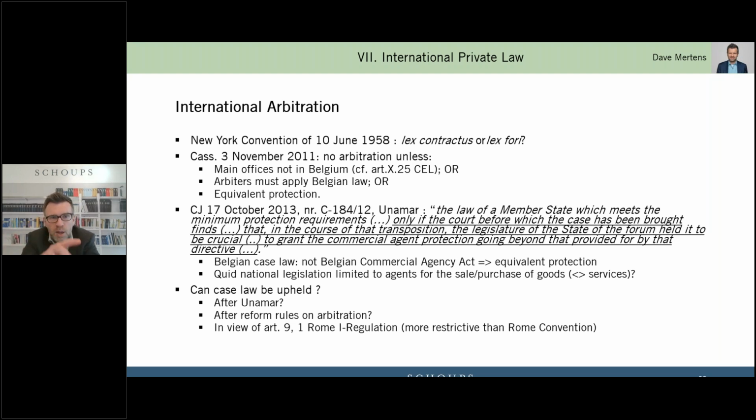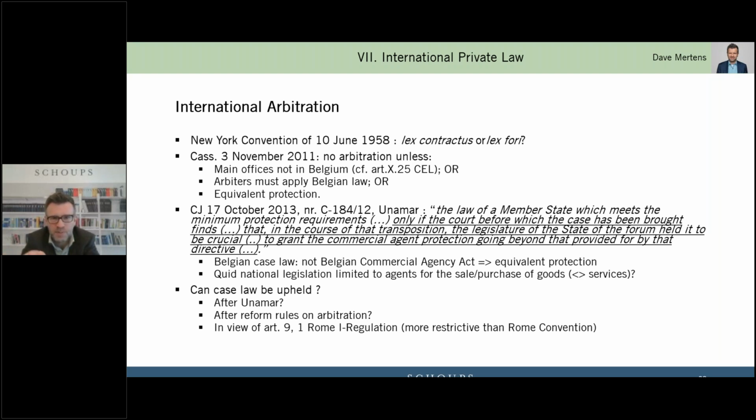The Belgian courts, as in 2011, said, well, it's Belgian law. The Belgian court must decide this based on its own law, and that's implying that no arbitration is possible for an international commercial agency contract, unless such an agent does not have his main offices in Belgium, but in Spain, for instance, even if he also operates in Belgium or in the Netherlands, in the Benelux. The arbitrators must apply Belgian law, or parties have chosen Belgian law, or parties have chosen a law that offers equivalent protection. And it's the last thing, the equivalent protection, that brings me to the Unamar case of